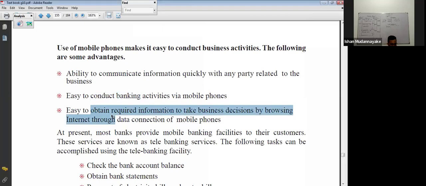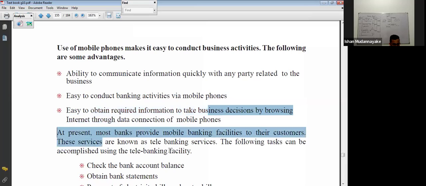Third one: easy to obtain required information to take business decisions by browsing the internet through data connection of mobile phones. Right. If you can, we can get information through the mobile phone by browsing Google Chrome. Right. And then